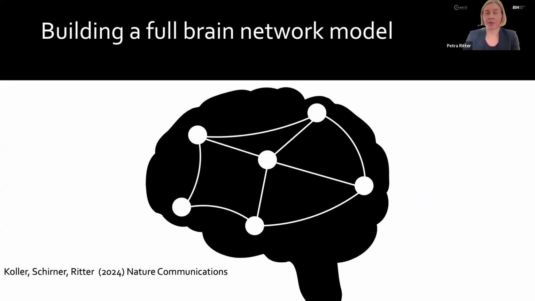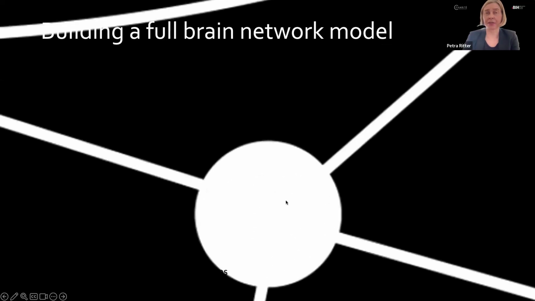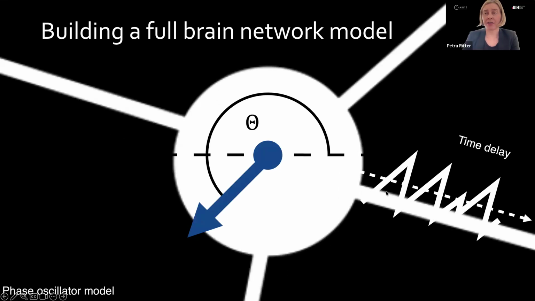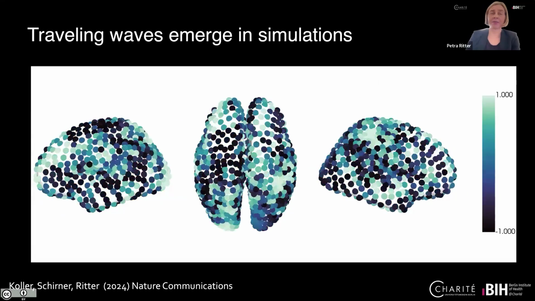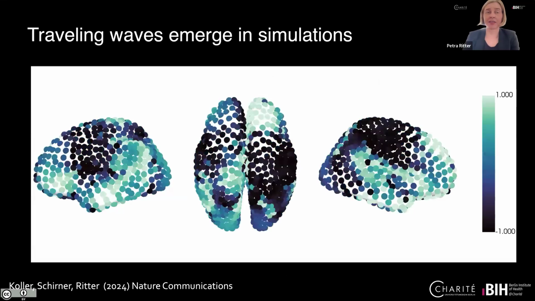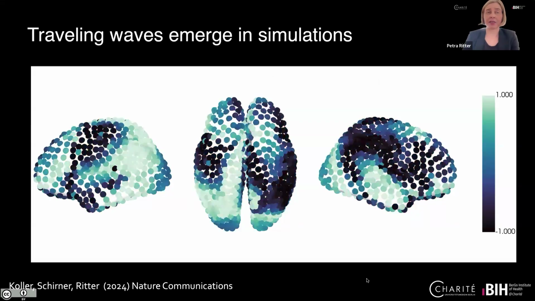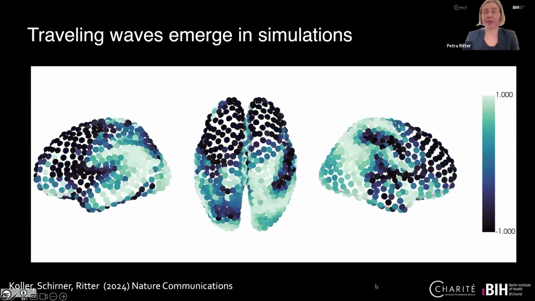And this was a very typical brain network model, initially equipped at the nodes with very simple Kuramoto oscillators that were coupled. So in each node was this oscillator. Also, the time delays were considered. A transmission speed of 3 meters per second was implemented. And with these simple brain network models, simulations have been run. And as you can see with the naked eye, this is an example simulation, traveling waves are emerging in this brain model.